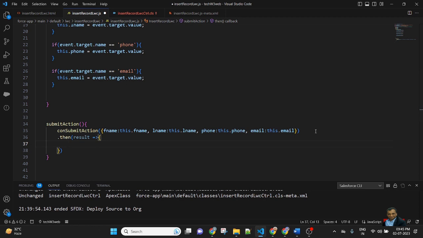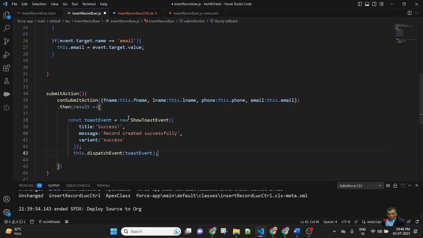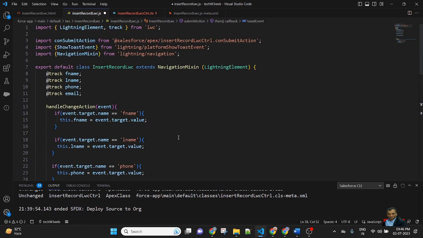So if the record has been created, then a toast message will be displayed. So here pass the toast event. I already imported the show toast event module.